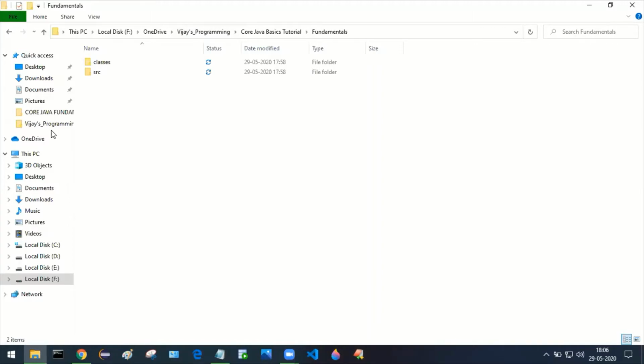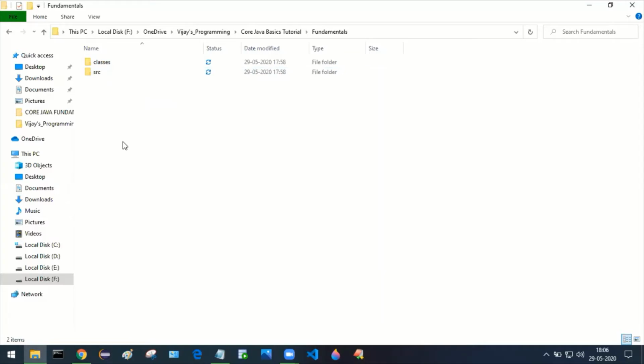That is, I'm going to separate the source files and the class files in different folders. All class files go in this classes folder, and all the source files, in short SRC, will be kept under this SRC folder.